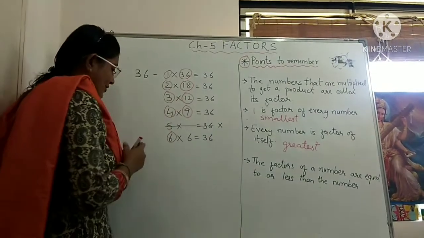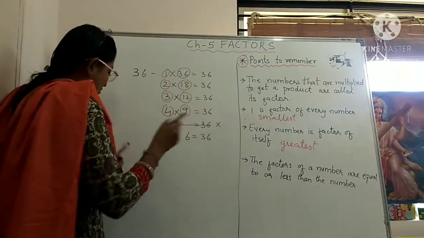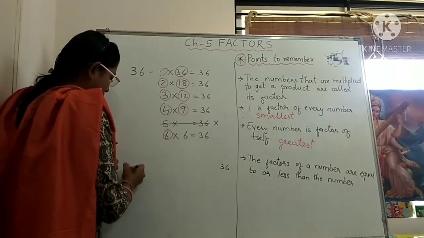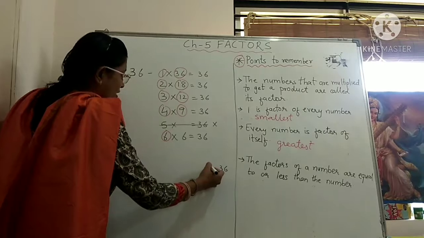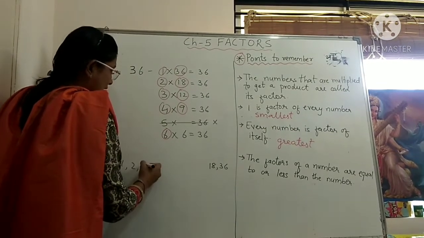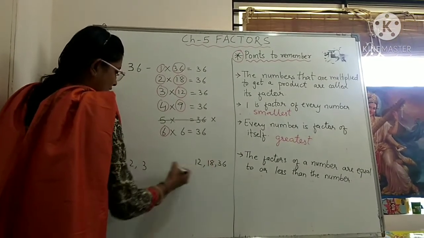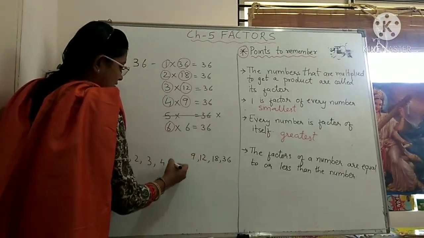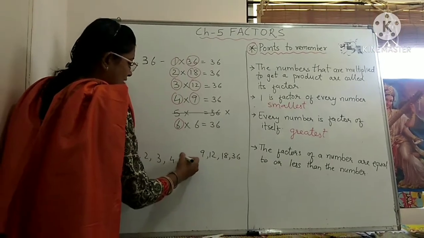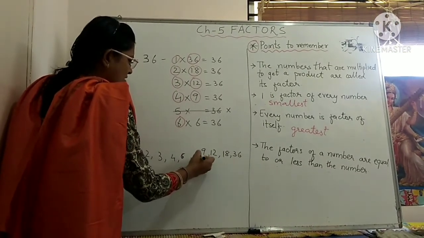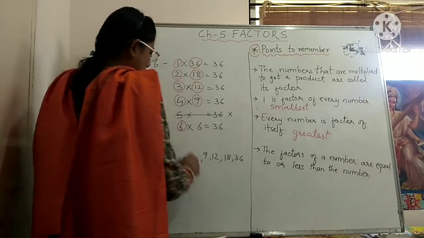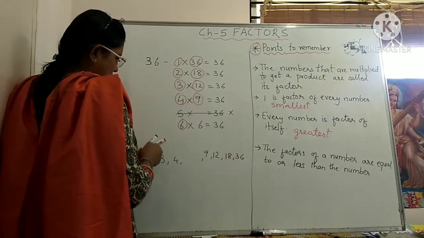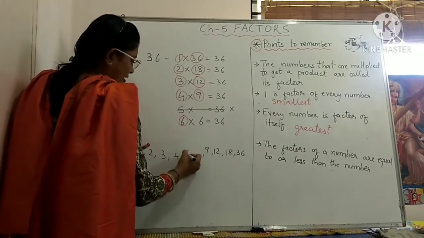See, when I am writing the factors, I will write here 1 36 are 36. Okay, comma 2 18s are 36. Then 3 12s are 36. Then 4 9s are 36, then 5 will not come, so 6, and it will come 6 again. So no need to write 2 times. Only one time I'll write the 6 over here.